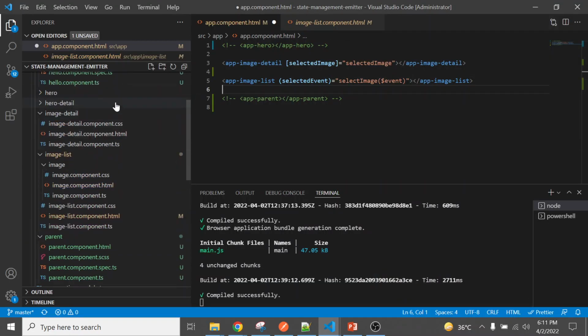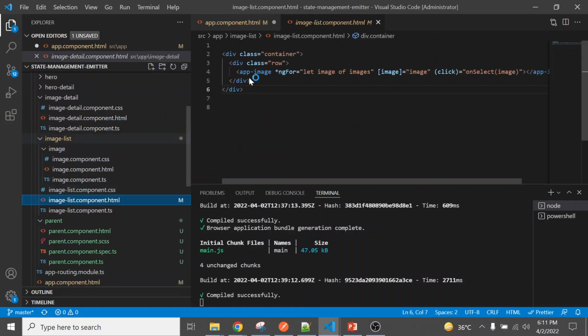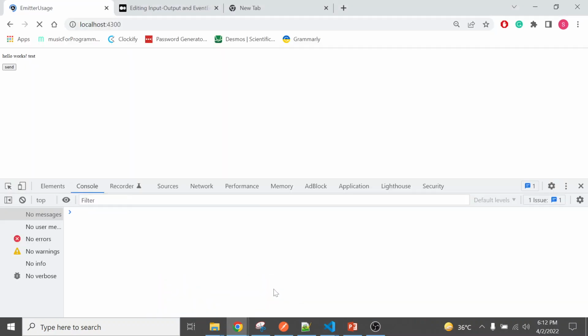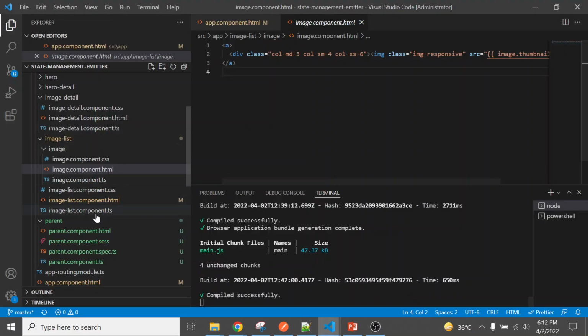With the image detail component, we are displaying the image details. With the image list component, we are running the loop and displaying all the images. And in the image component, we are showing those images. So you can see here. Okay, let me check again.